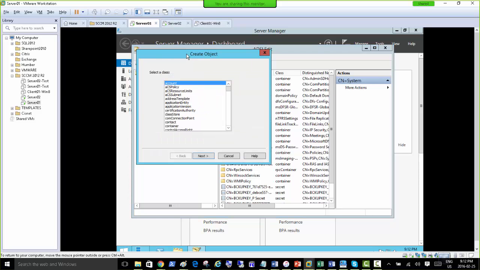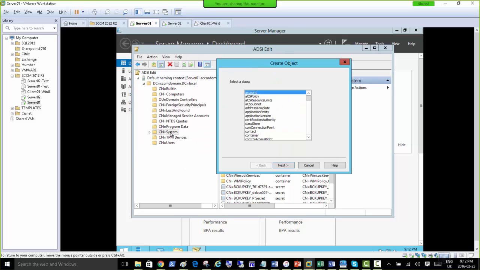And when we click create object by right clicking the system, we can go down, and here is that word called container, right? So we're going to just click container here and click next, and we need to just give a name to this container. So system management,